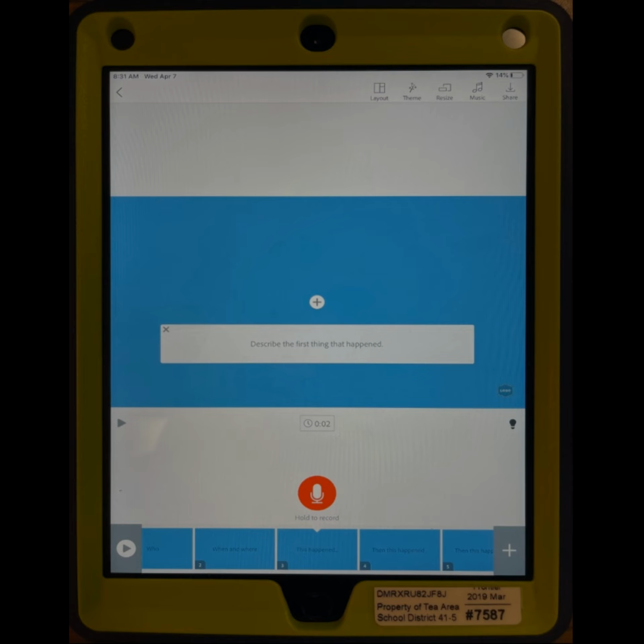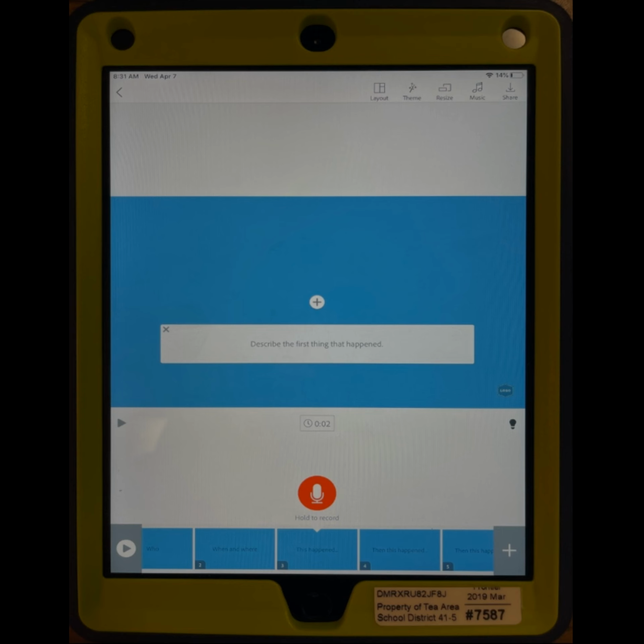These story templates would also be a good option if you're looking to differentiate your presentation format for students. You could have your more advanced learners create their own template from scratch, and you could have your lower students, or your students who just need a little bit of a push, you could provide them with this template so that they have that structured guidance that they need in order to